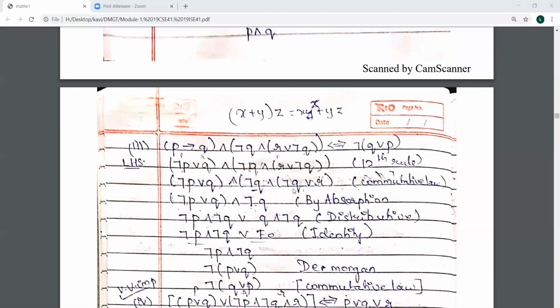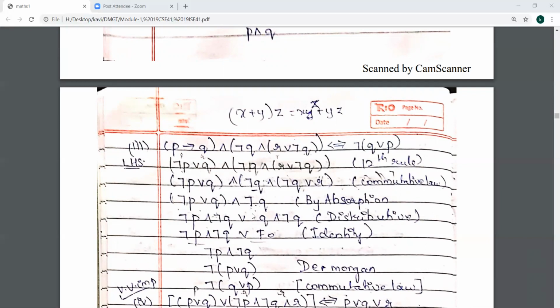So commutative law is what? P R Q is equal to Q R P. So here in the place, you have R and negation Q. So this will become negation Q R by commutative law. All the other terms as it is. Negation Q is as it is. Negation P R Q is as it is.